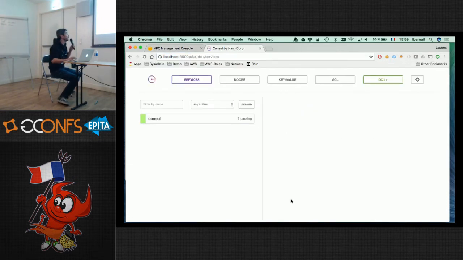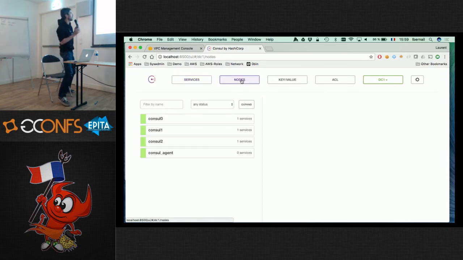The cluster has been built. And as you can see, Consul has identified 4 nodes. So 3 Consul nodes where there's one service, which is the Consul service itself, and 1 Consul agent where there's no service. It's only a client on the cluster. This is the view we have from the UI, but we can also check it from the machine itself. So I'm going to connect to one of the Consul servers and show you that.